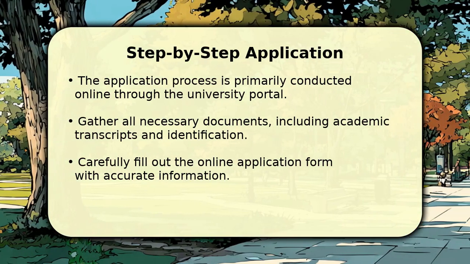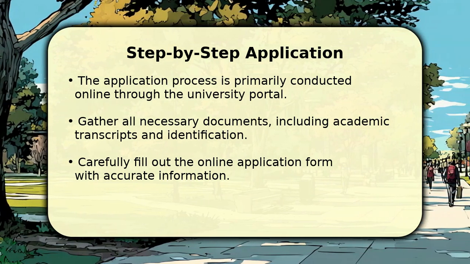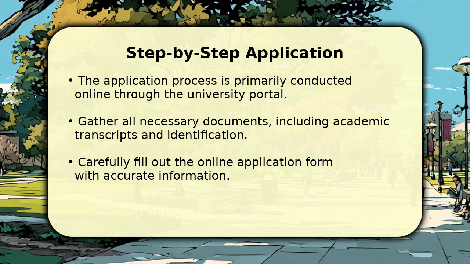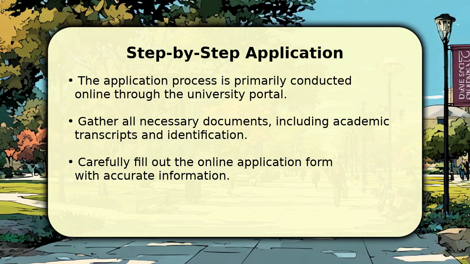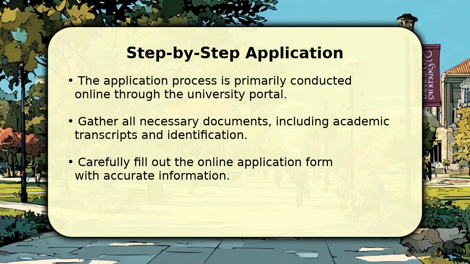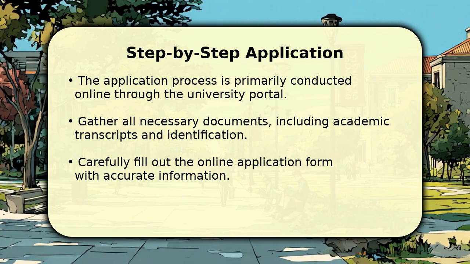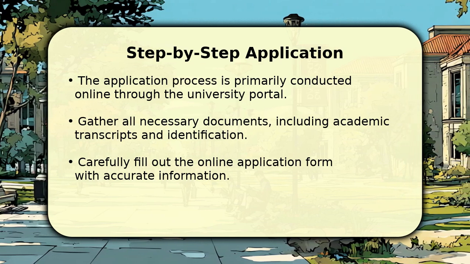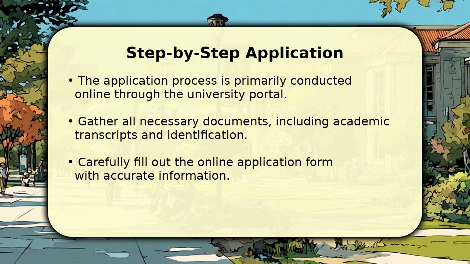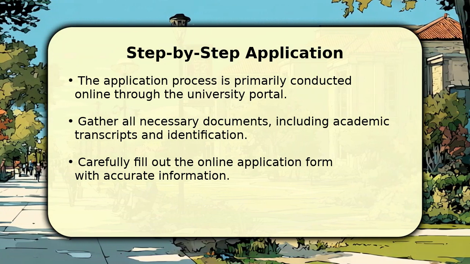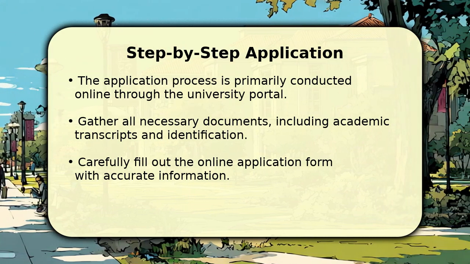The application process at Ziauddin University is straightforward and mostly online. You will need to gather all necessary documents, such as your academic transcripts, national identity card, and recent passport-sized photographs, before you begin. Carefully fill out the online application form on their official website, ensuring all information is accurate and complete. Once submitted, remember to pay the non-refundable application processing fee, which is usually around 3,000 rupees, to finalize your